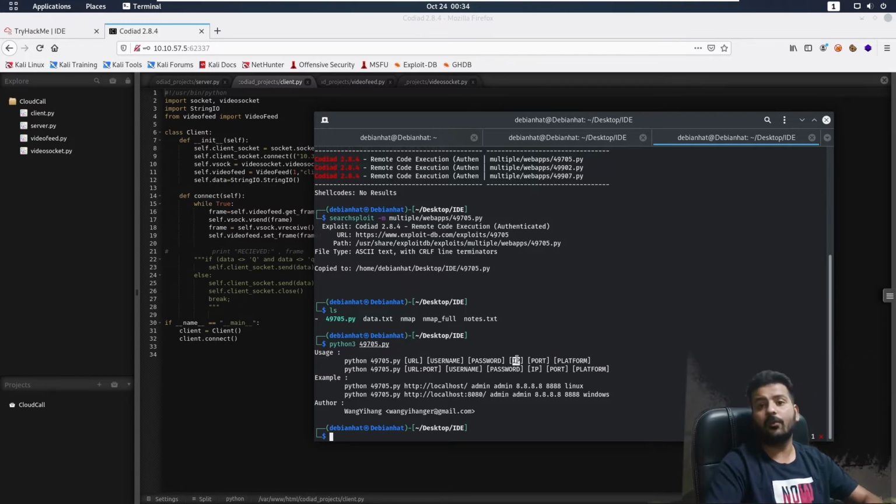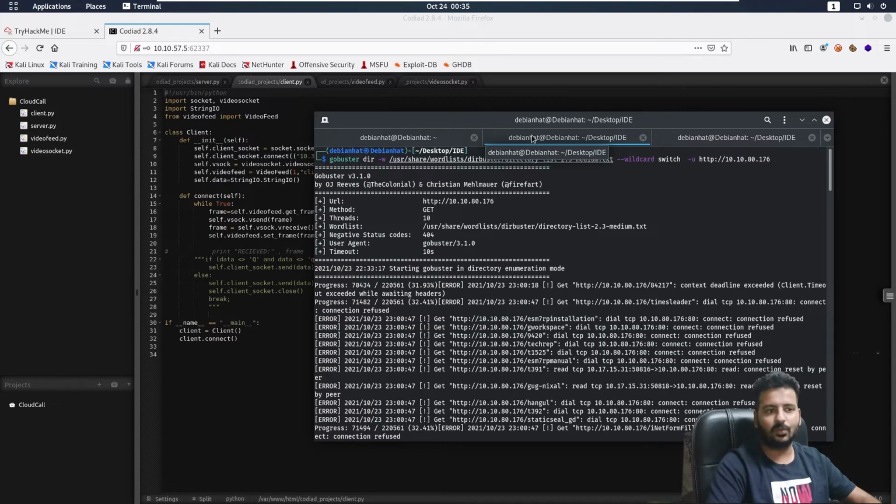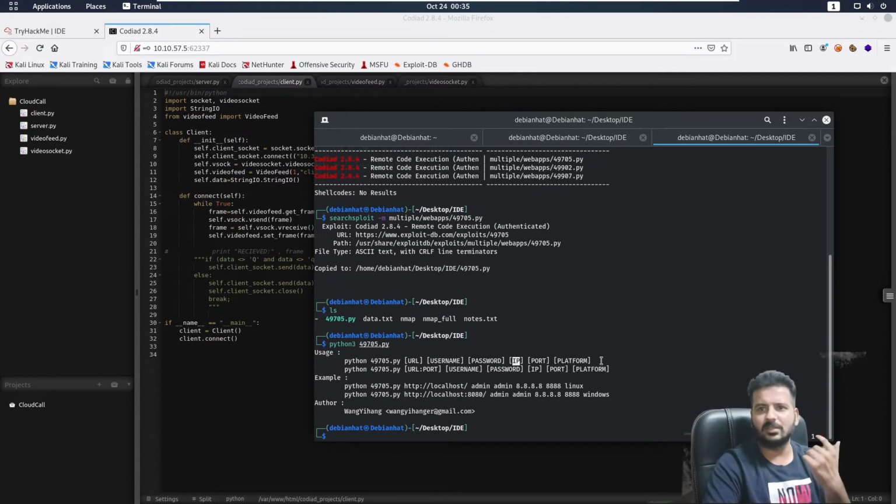The IP address is of your machine, that is the one that will be receiving the reverse shell, and the port number wherein you are going to receive the reverse shell, right? And the platform, what you are building it for. Is it a Linux one or is it a Windows one? So from the Nmap results, we are pretty much sure that we are going to target a Linux machine. That's not a Windows one. Okay, so that's pretty much sure. So we'll create the exploit for Linux rather than Windows.